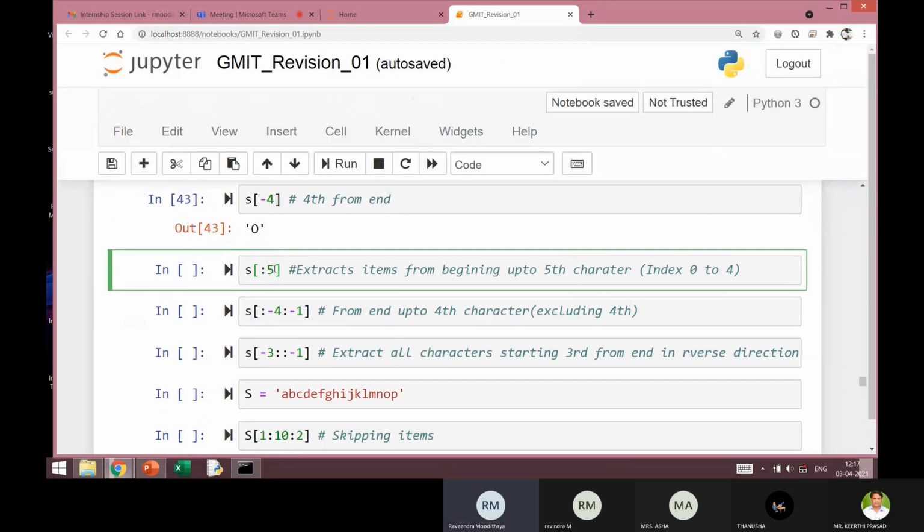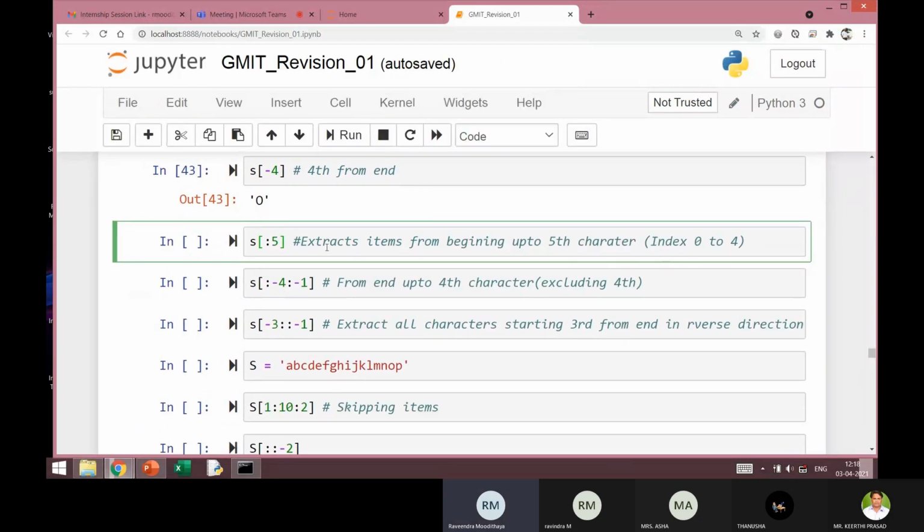Remember, this 5 is not included. What this will give is items extracted from the beginning up to the 5th character, that is from index 0 to 4. Don't read this as 0 to 5, but read it as 0 to 4. The 5th one is where you have to end, but that is not included.